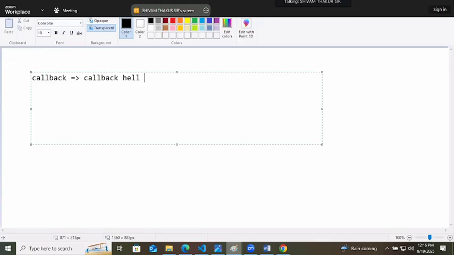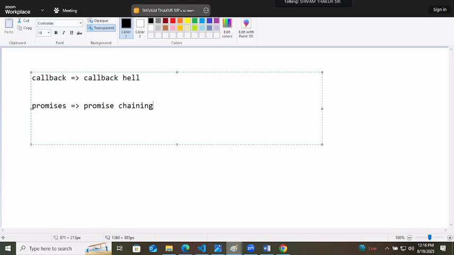Now for solving this callback hell, we will use promises. But promises will create other and bigger problems. Promises will create promise chaining, meaning multiple things will be linked.